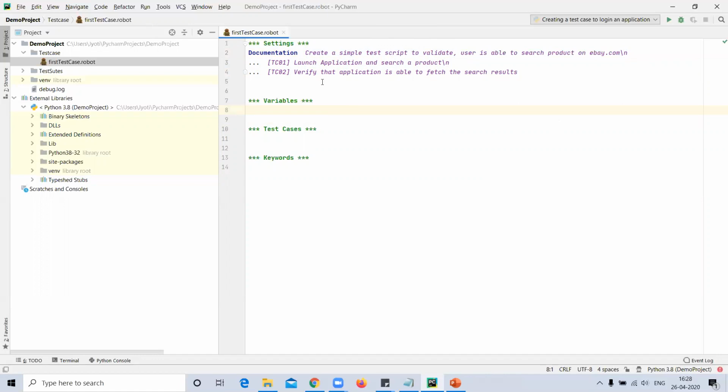In first test case, TC1, I'm going to launch the application and then we'll search the product. And in the second test case, we will validate whether the user is able to fetch all the results or not. So here I will provide the variables for site name and the browser name, starting with a dollar sign. So we will provide the URL name over here, paste URL,